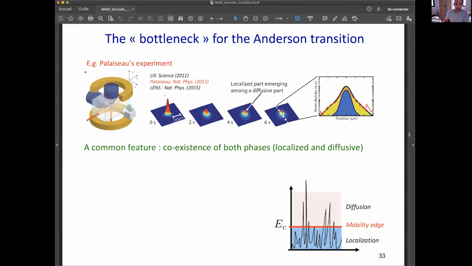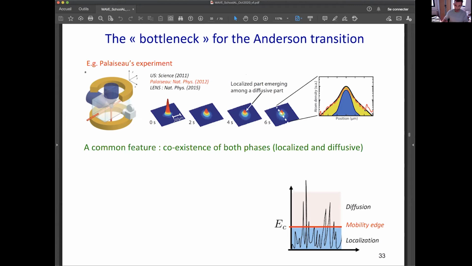The fact that it moves can be seen at the center. You see that between 0 and 2 seconds, there is a decay here. And if we look closely at the wings, we could show that in fact they increase a little bit with time. To make a long story short, we can interpret this picture by saying that there is a part which is localized, which emerges at the center, while the diffusive part is going slowly away with very slow diffusion on the side. And this was discussed by showing that we have a very nice agreement between our experiment and a theoretical prediction made by Laurent Sanchez-Palencia